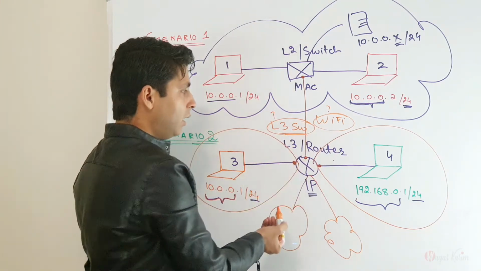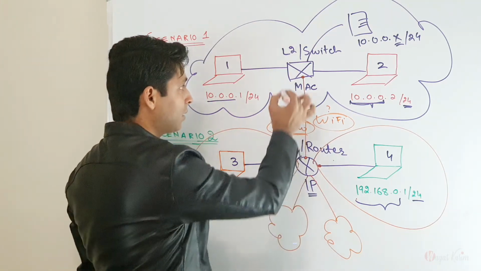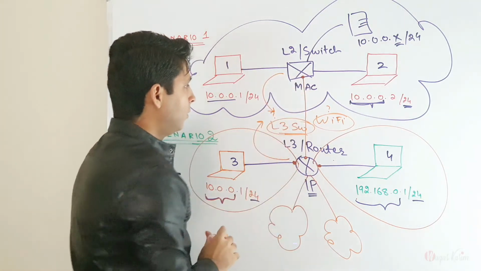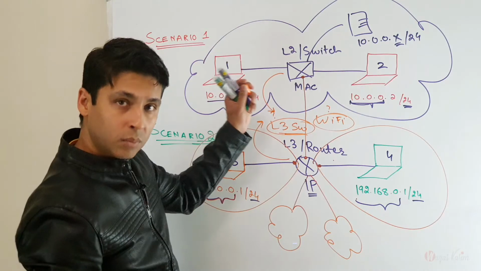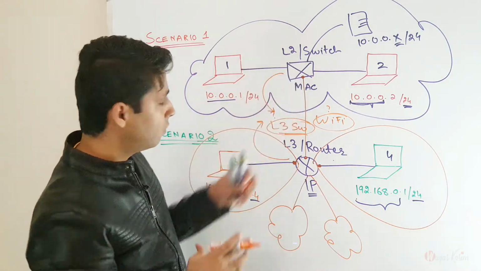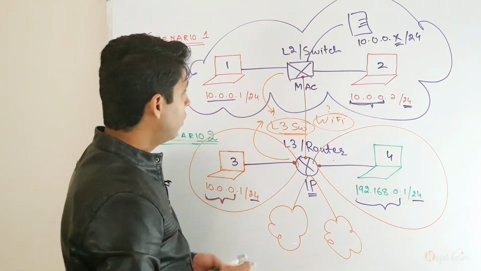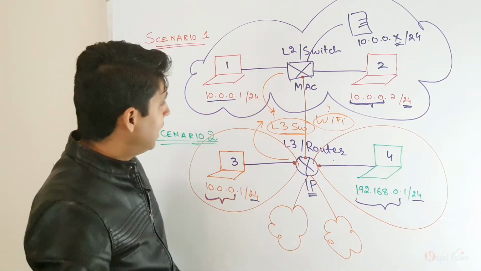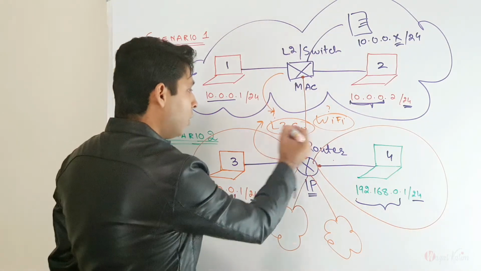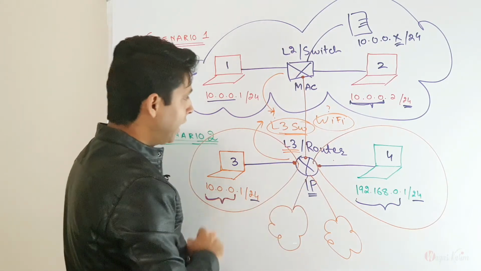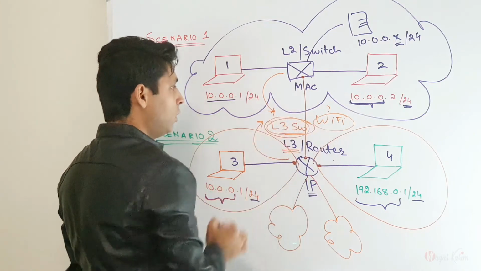So what is a layer 3 switch? Let me answer because you already asked. It is a combination of a switch and a router. So it contains the features of a switch. It has so many ports like a switch. You can connect devices and they can talk to each other based on physical addresses, MAC addresses, while it also supports a limited version of routing as well. That's why it is called a layer 3 switch.